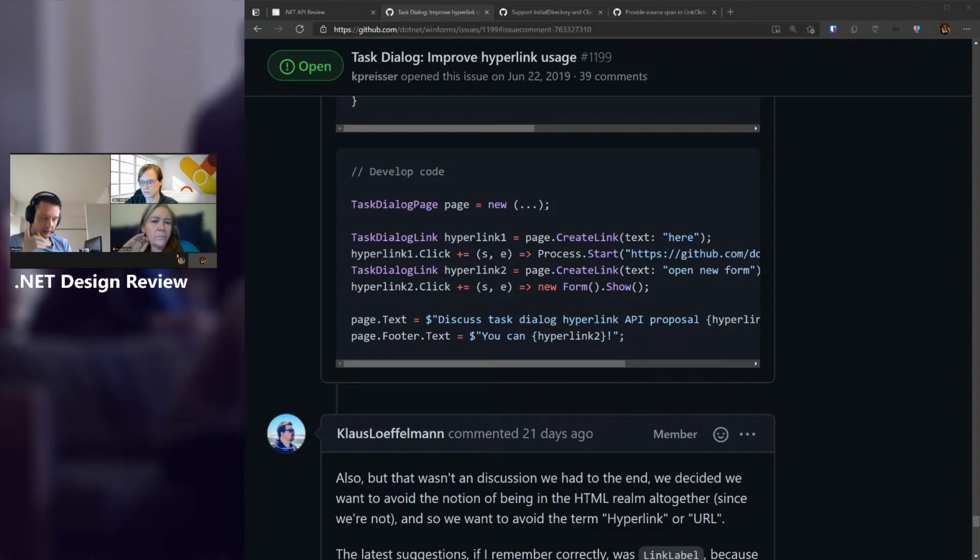And that's the second bit. Escaping markup correctly may be a challenge for a lot of users. It may be, and that's why we created the task dialog link object, which would escape it for you. Well, we do the best we can. Obviously, you can probably come up with some crazy thing which won't work correctly, but if we do our job correctly, in 99.999% of cases we will escape your hyperlink correctly. So all you have to do is, here's my text, done.